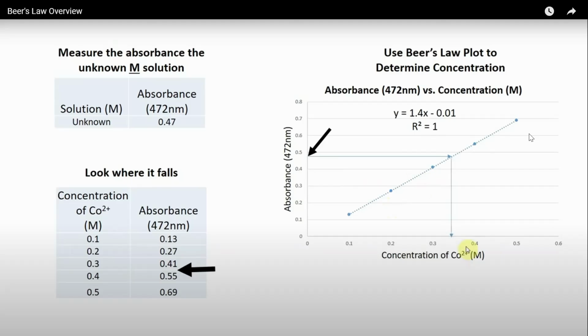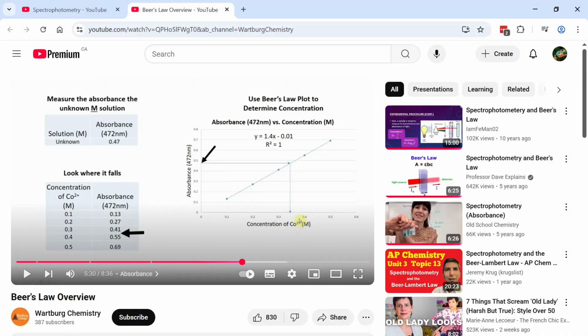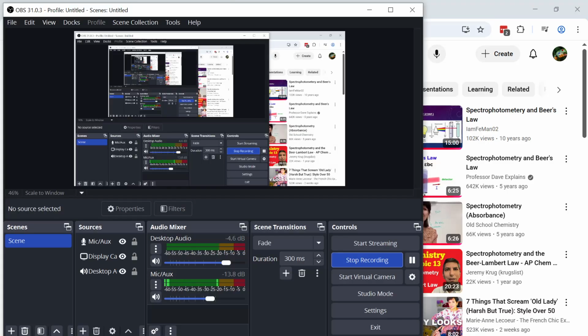If you shine light, let's say you have an atom that has electrons